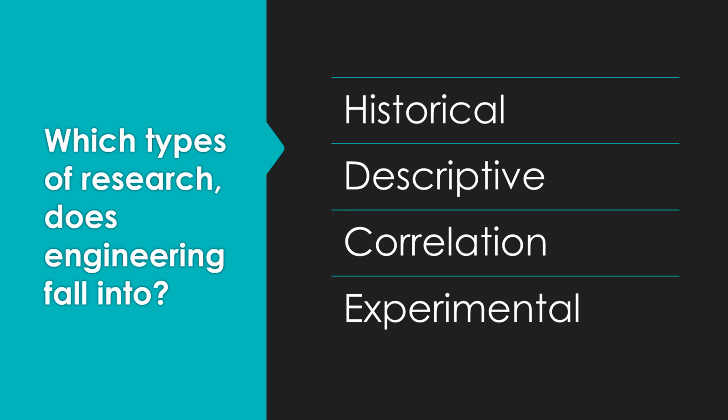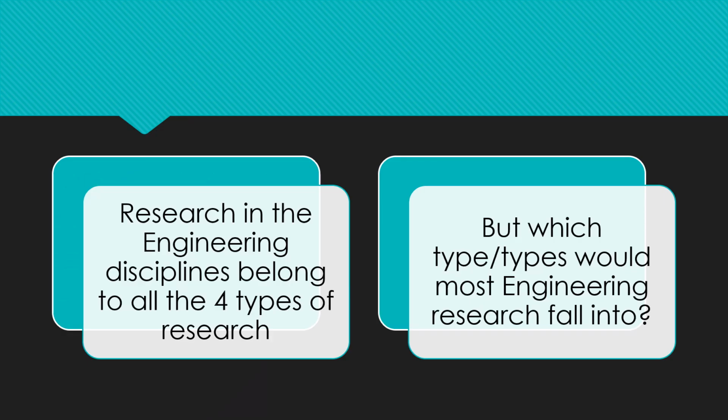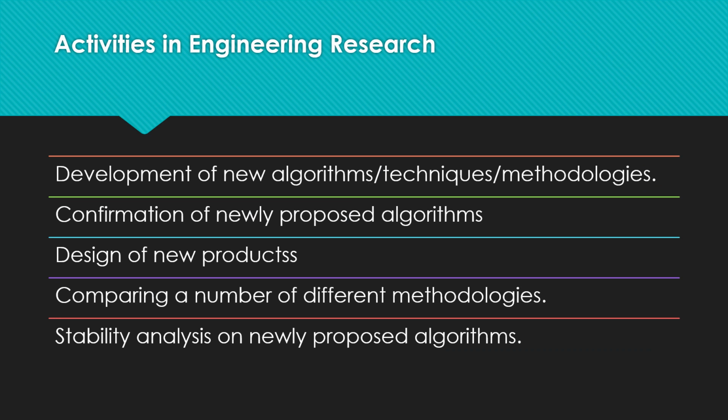So which type of research does engineering fall into? Okay, remember that we have identified 4 types of research: historical, descriptive, correlation and also experimental. So which one is normally associated with engineering? So from here we can see that actually research in engineering can belong to all the 4 types of research. Okay, but the one that most engineering research fall into is either